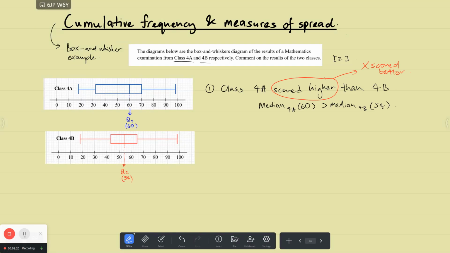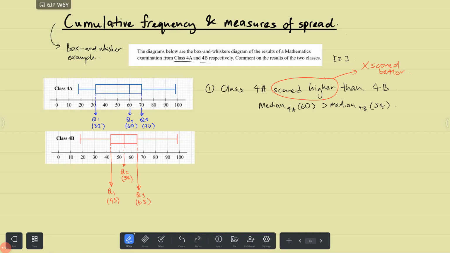So we begin by finding the lower quartile and upper quartile to discuss this. So the lower quartile for class 4A is 32. And the upper quartile for class 4A, the one marked by that portion, is 70. Okay, and same thing for class 4B, we can do this as well. The lower quartile is 43, and the upper quartile is